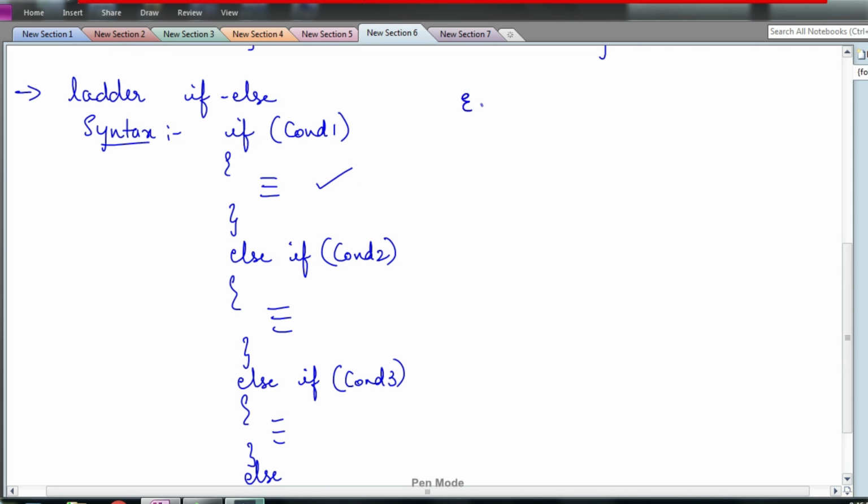For the same example that we had taken before, finding whether a given number is positive or negative, we will write it using ladder if else by checking one more condition, that is, what if it is equal to 0? So if num is greater than 0, since there is only one statement, I am not writing the curly braces, printf positive.